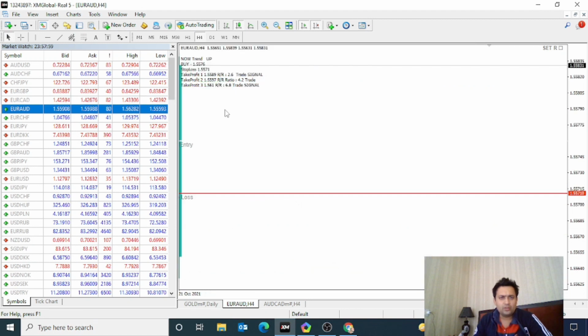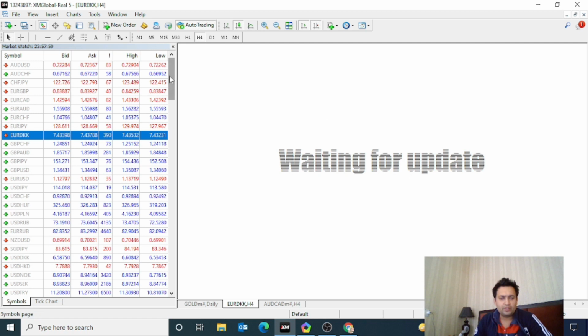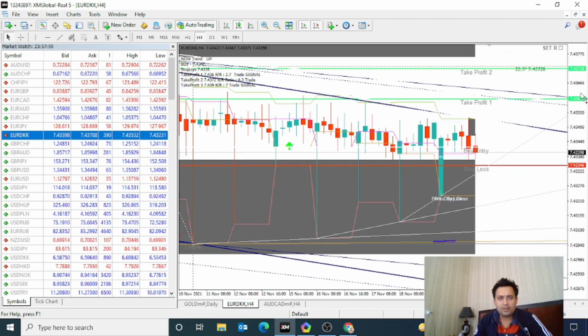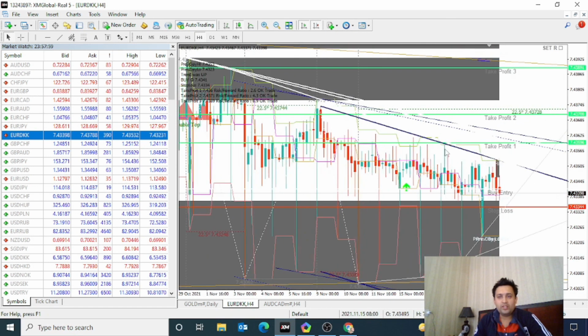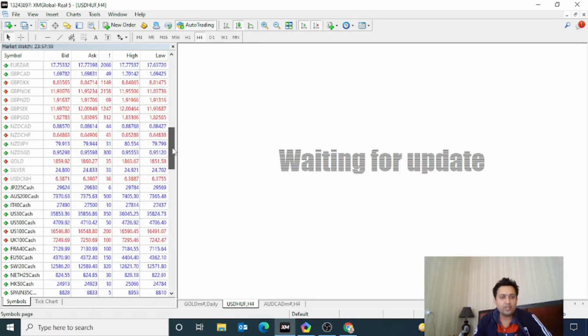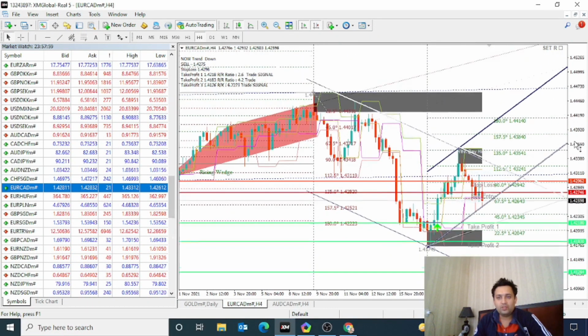Sell Euro Australian. I want to show you a different kind of signal. This is a buy signal from this indicator, this is the stop loss, and this is the take profit one. Simply, this indicator automatically calculates the entry and exit points for you, and you can trade following its indication.